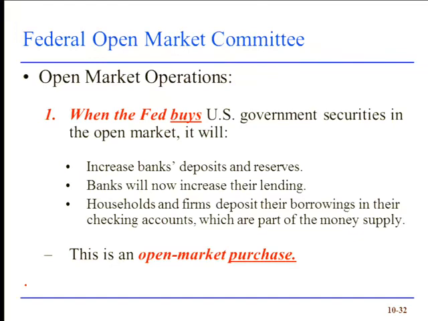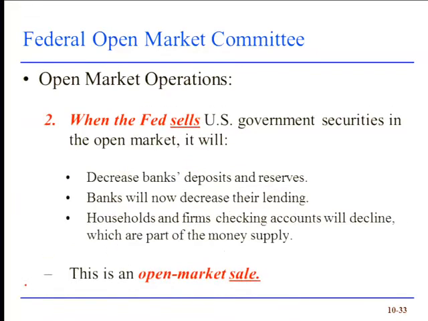So let's think about how this works. When the central bank, the Federal Reserve, buys government securities, it has to pay for them. So it makes an electronic credit in the seller's bank account. Notice that the seller now has a higher bank balance. The demand deposit balance has just gone up. There's more money there. But it's more than just that, because the bank can now lend out some of that increased money that's sitting around in the bank to other people. When the bank lends out money, the way it lends it to you is that it puts funds into your checking account. So the money supply increases again. So that's how the central bank can increase the money supply.